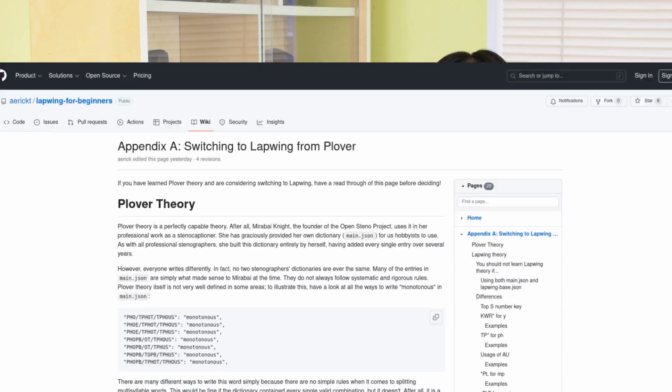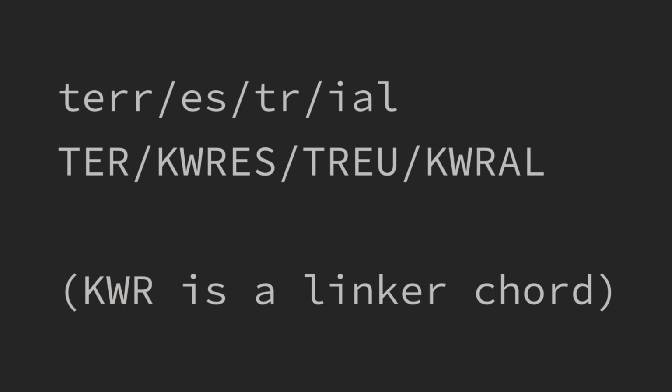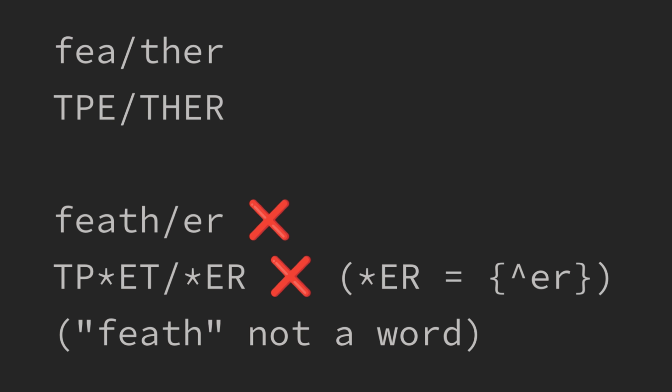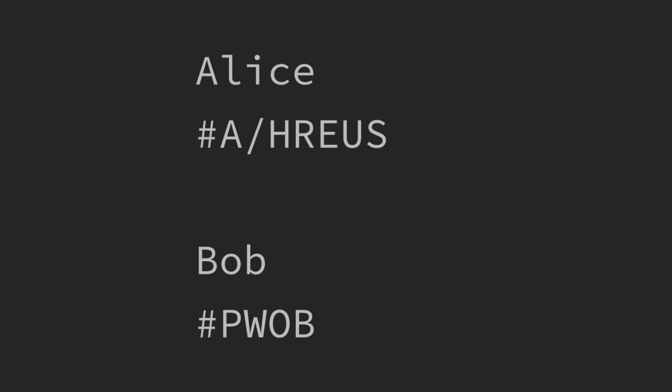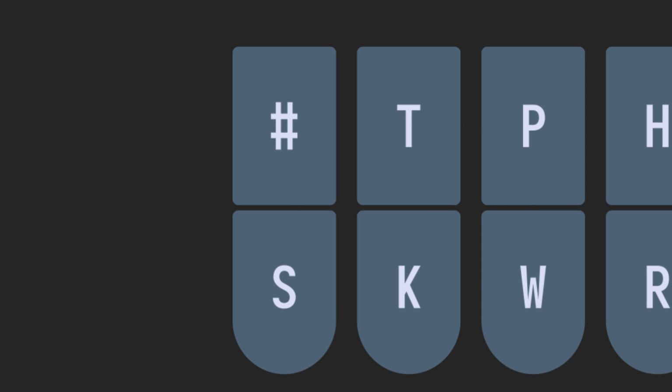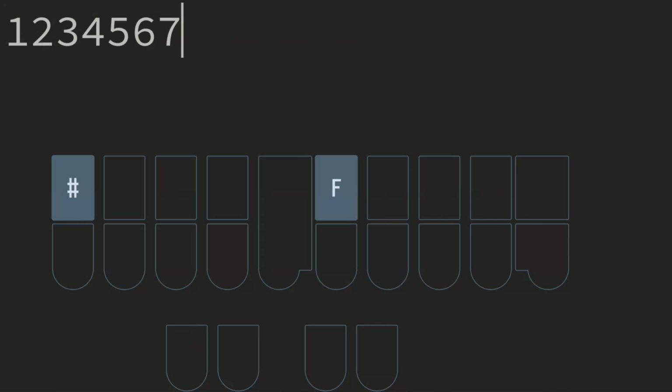If you're curious about where Lapwing departs from Plover, I suggest taking a look at Appendix A. I also suggest reading this page if you're interested in switching. In summary, here are a few key differences between Lapwing and Plover. Lapwing uses a syllabic splitting method for complicated words. Prefixes and suffixes are only used when they make sense semantically. Compound words are written by including the asterisk in the second word, which makes it a lot more consistent than Plover. Proper nouns are also written by including the number key in the first stroke, which has been relocated on the layout. Numbers are written one at a time using a right-hand number pad. And finally, there are also a few slight changes to compound clusters and the missing letter chords.